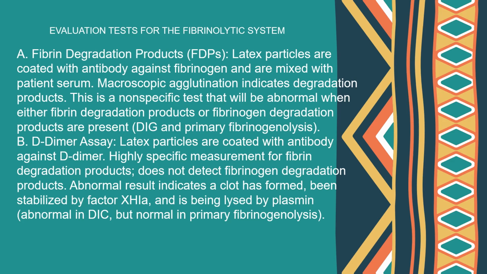Right, so other than those tests, we can also test for the fibrinolytic system. And here we have 2, the FDPs, fibrin degradation products, and D-dimer test. In the FDP testing, latex particles are coated with an antibody against fibrinogen, and then we mix this with the patient serum. What will happen is that there will be agglutination that will be formed when there is the presence